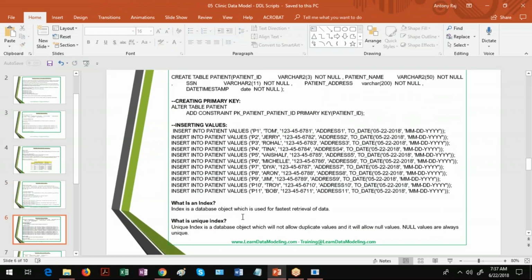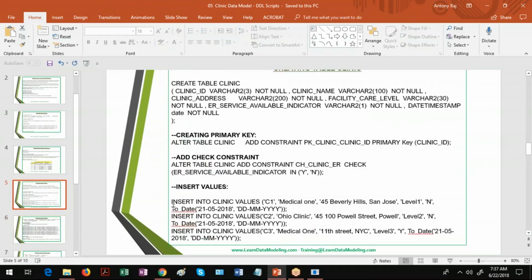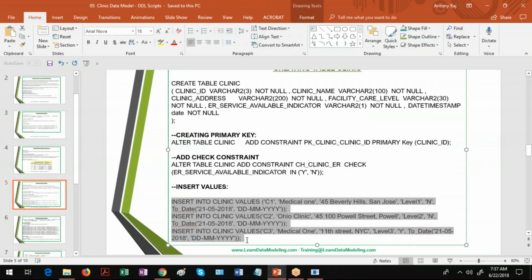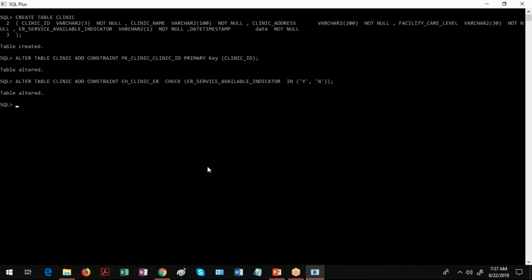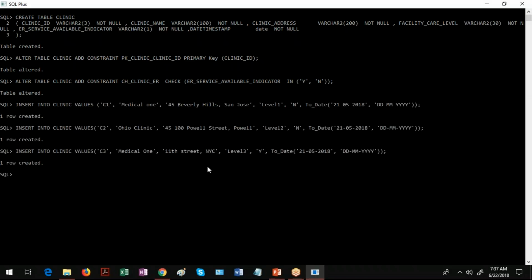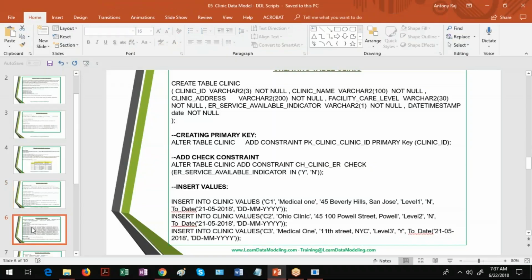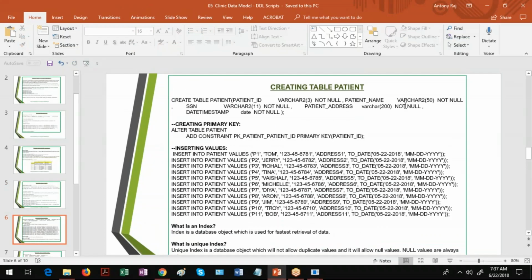Then I insert these three values into clinic, copy, paste, you get this one. Then I say commit. Then I say clear screen. Now I'm going to the third one, which is patient.